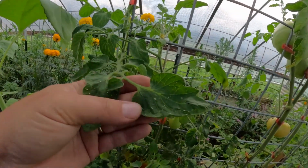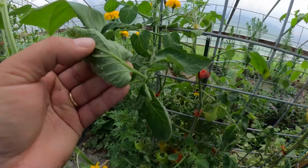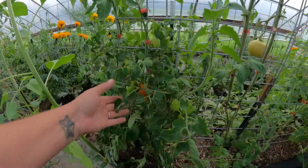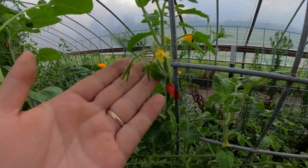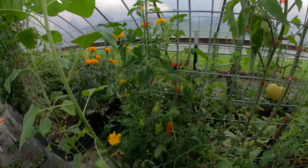And so here's what we're dealing with. We've got lots of whiteflies right here. Those are those little white specks, and then the little brown specks amongst them, those are aphids. This here is actually a determinate tomato. This is Aroma, but what I often see with my determinates is I will see them doing more than one flowering a year, so there's still a lot of life left in this plant,